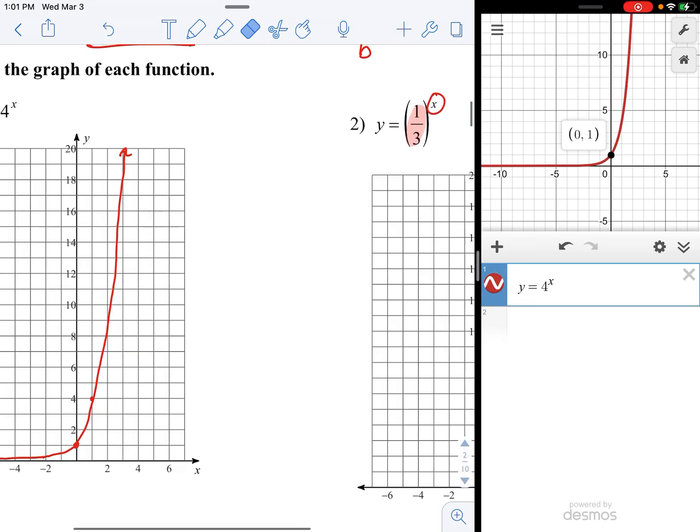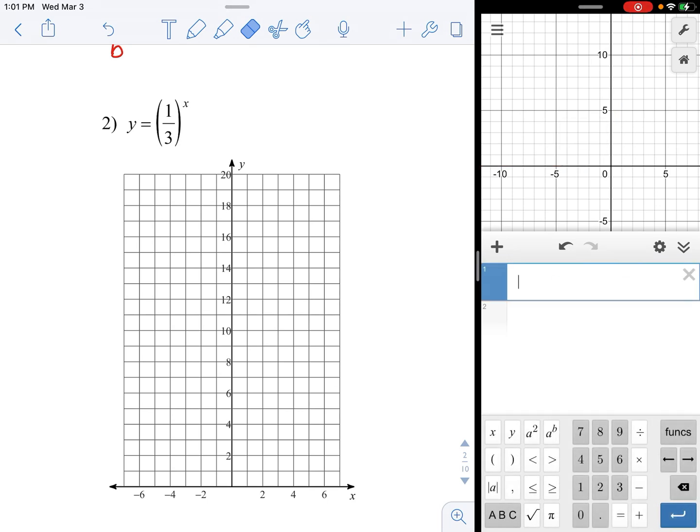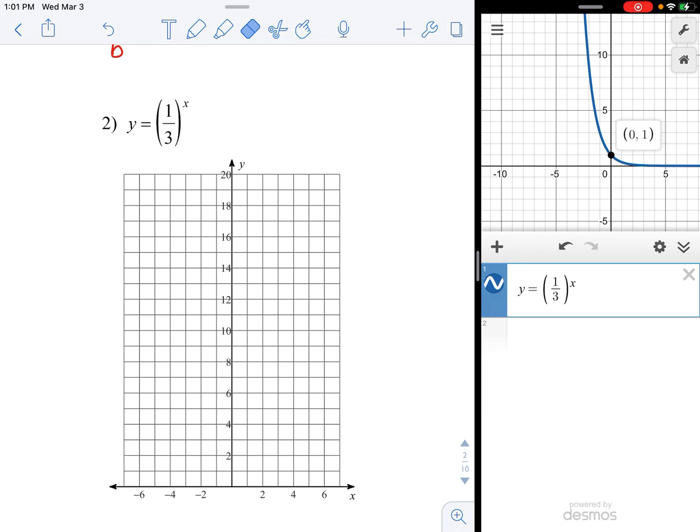to right. Compare that now to 1/3 to the x. So let me get rid of that and type in y equals. Now I'm going to do parenthesis fraction, 1 on top, 3 on bottom, and then outside of the parenthesis, hit the power button, and that's where your x goes. And here you see it's basically the same graph, but it goes the other way around. We still have an asymptote here. It still kind of hugs the x-axis, but it does in the positive direction, and it kind of curves up